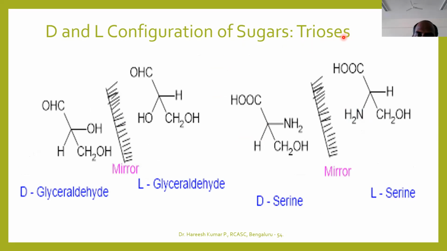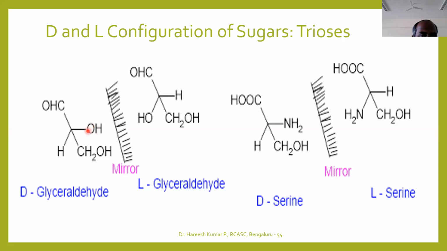Trioses means three carbon containing sugar. So here you can observe three carbon atoms, one, two, three, a three carbon containing sugar. Of course, this is also a three carbon containing sugar. What you can observe here is the most electronegative group or element, so of course this is towards the observer itself. And this most electronegative oxygen is on the right hand side.